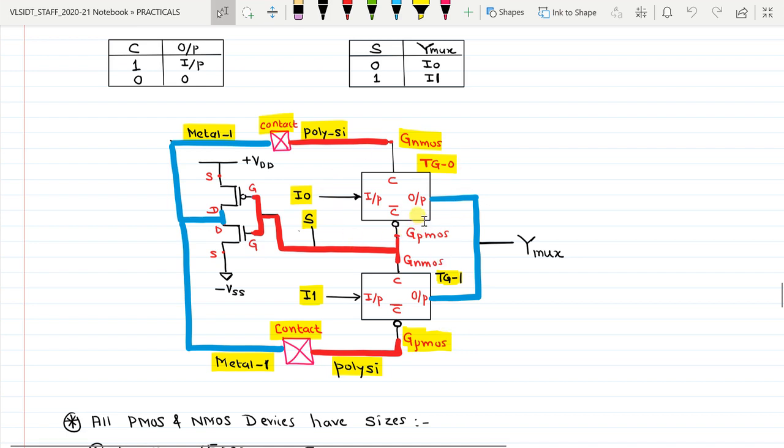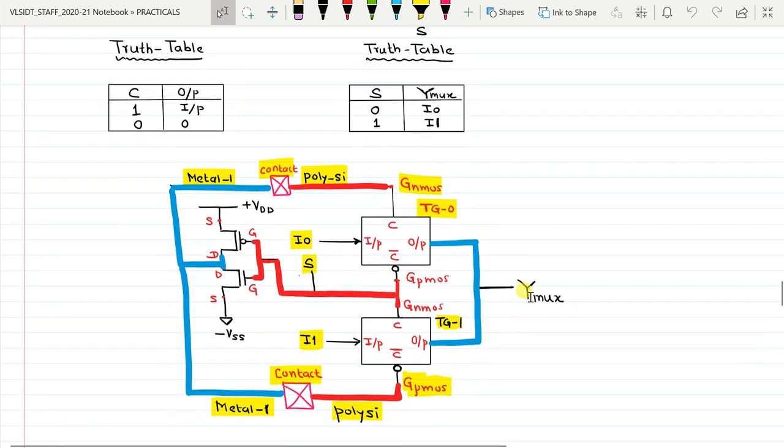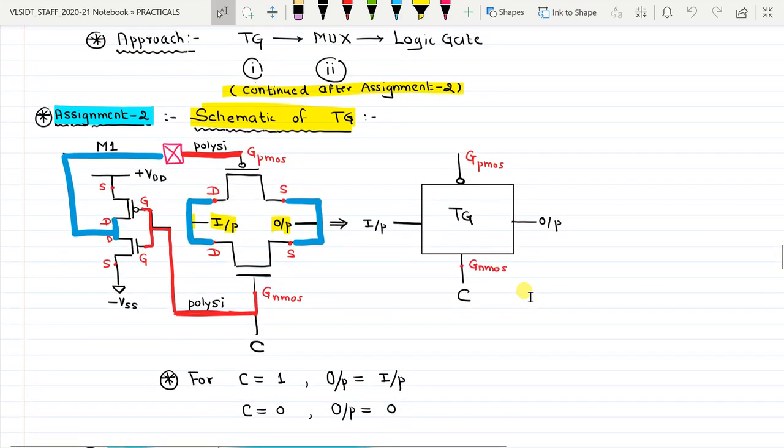One important thing to note is the orientation of the transmission gate: the NMOS side of the transmission gate is above and the PMOS side is below. Also for TG1, we see the NMOS side is above and the PMOS side is below. In the schematic for the transmission gate, our PMOS is in the upper position and NMOS is in the lower position.